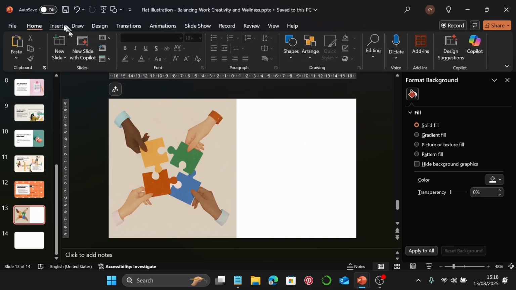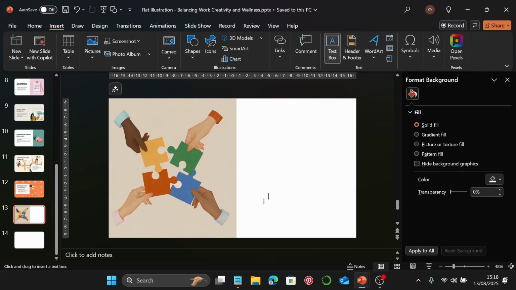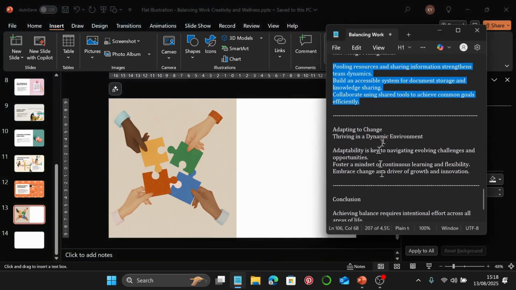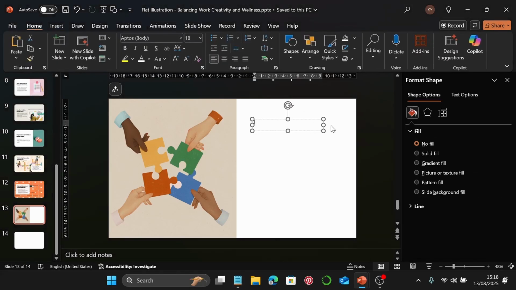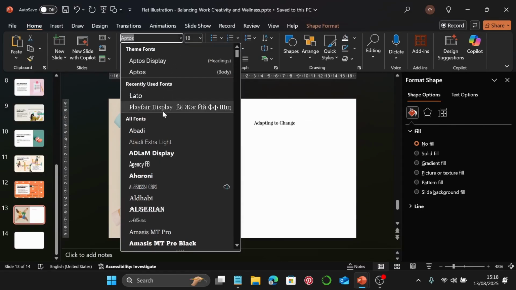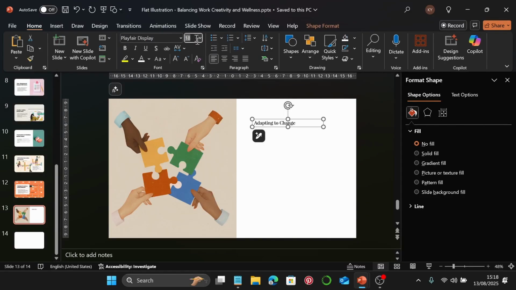Now let's go to insert text box, go to our notes, and then we're going to copy the title, which is adapting to change, and paste it here. Let's select the text box, change this to Playfair Display, make the size of the text 40, and I'm going to increase the width. Let me move this a bit to the left, and I'm going to create a copy of this text box,